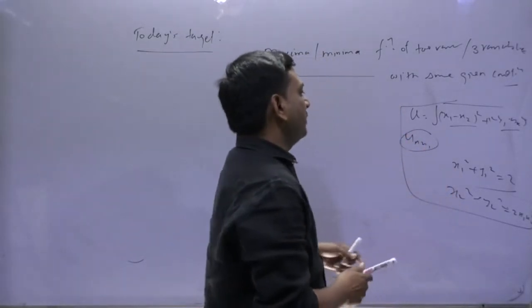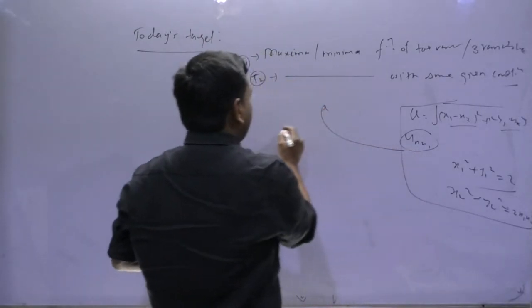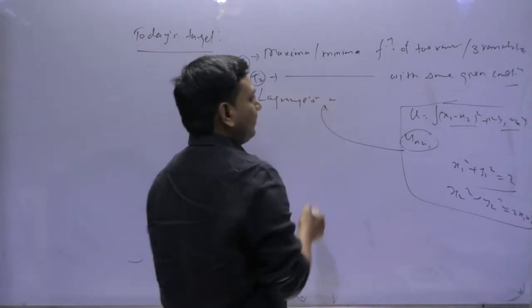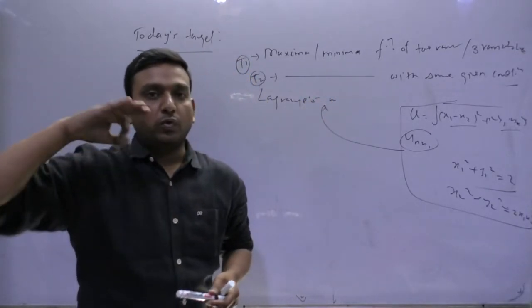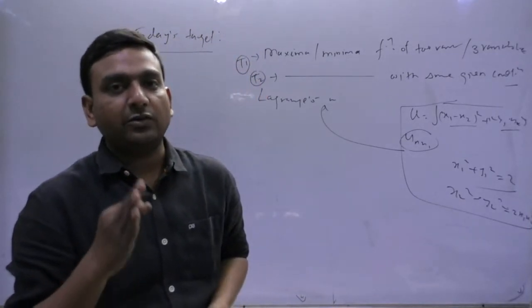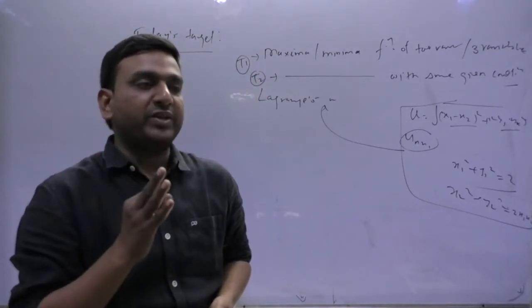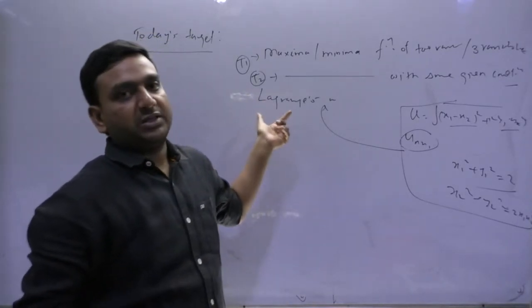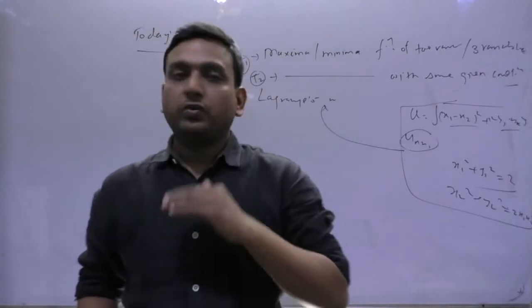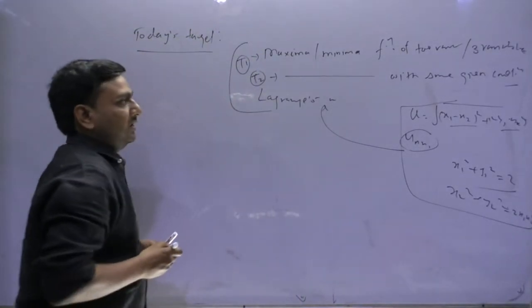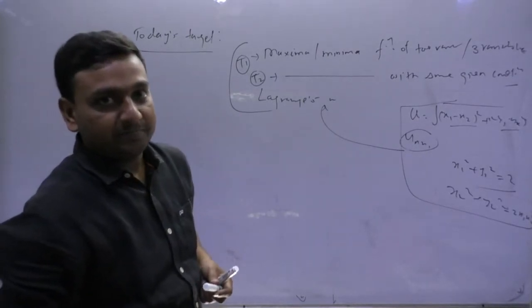then in that case we end up with the Lagrange method of undetermined multipliers. That is the most important part for you, whether you are preparing for CSE or IFS. In both of the exams they definitely have one question from the Lagrange method of undetermined multipliers, so we'll have to do it. So today's lecture target is clear or not?